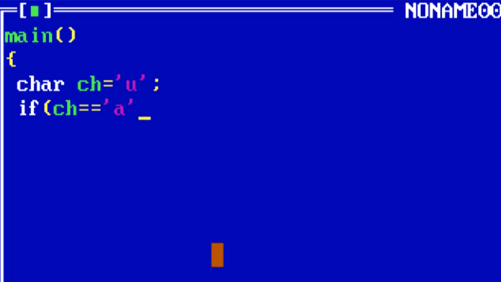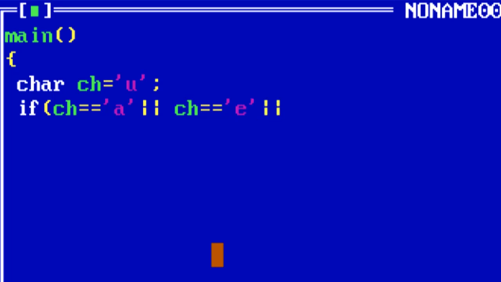When we said multiple conditions earlier, we used the AND operator, that is the logical AND operator. Now we use the logical OR operator. This is typed with shift and the pipe sign on your keyboard, the pipe sign above the enter key. So this is the symbol for OR. OR means logical OR. Either ch is equal to A, or, one at a time as I have already told you, E.